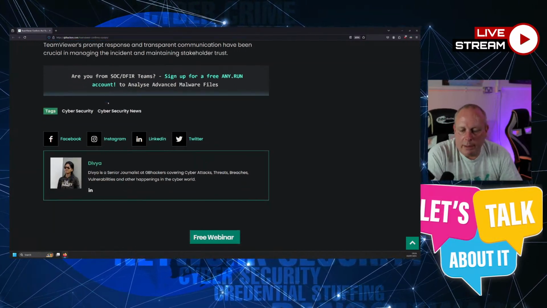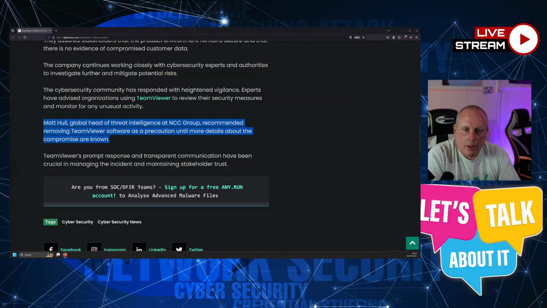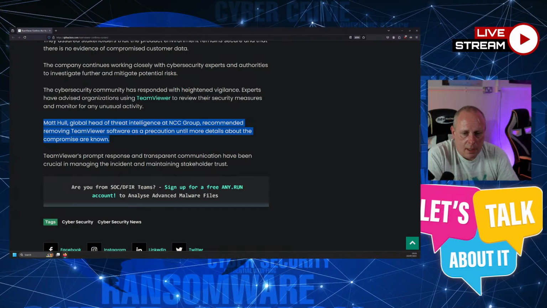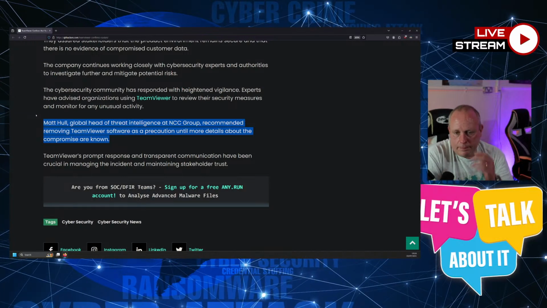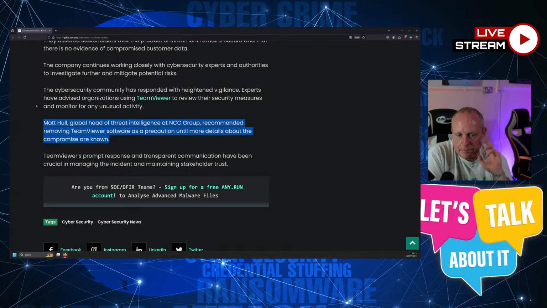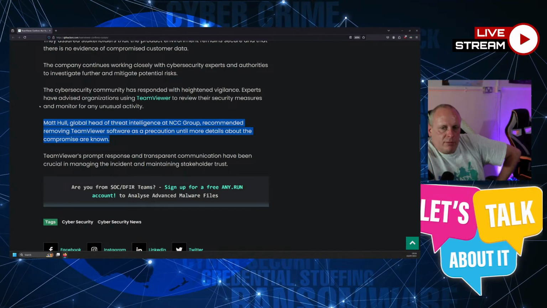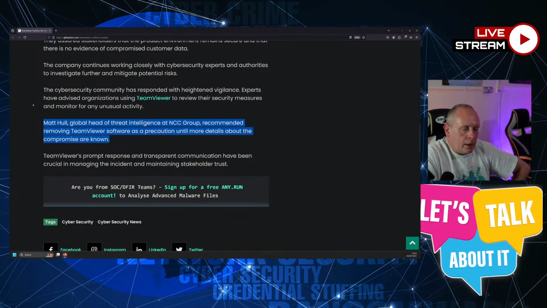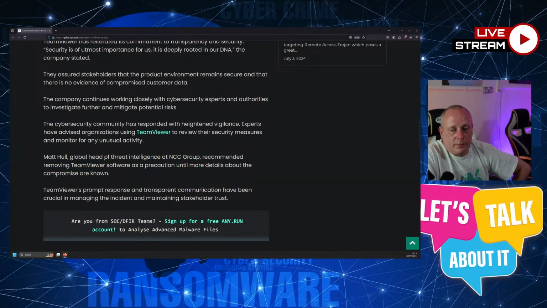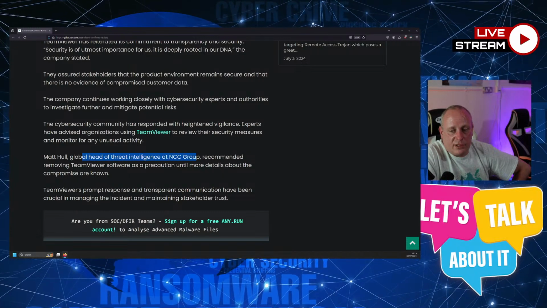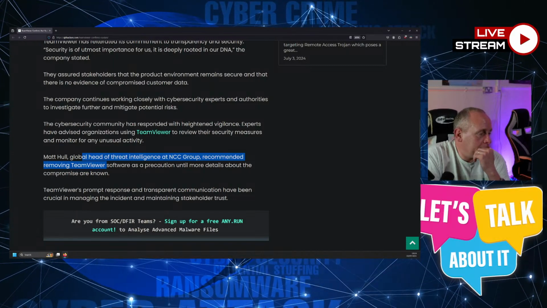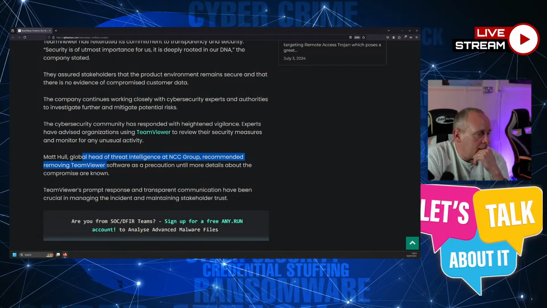Yeah, when we moved away from it, obviously we just used the remote management software to remove any instances of TeamViewer off clients' machines. And then obviously make sure you remove any address book links that are in TeamViewer to access machines and things, and close the account down. It's probably the best way to do it. But if the head of threat intelligence at the NCC Group is recommending removing TeamViewer, then that's pretty significant.